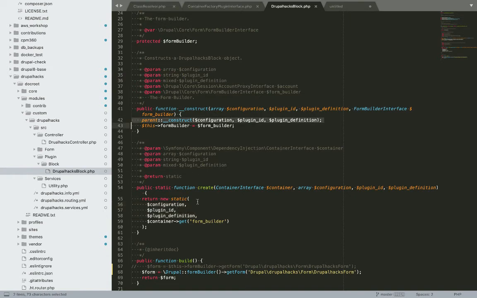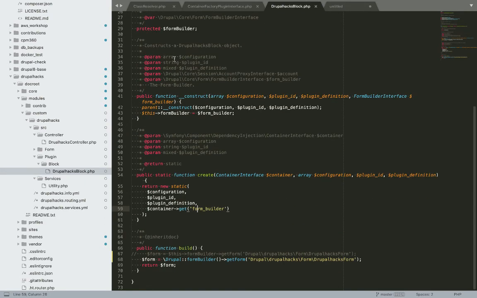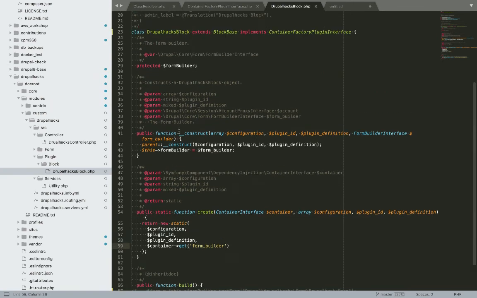I have passed it here. And third, the services or the dependencies I want for my block, I'm using here. In my constructor I have set it as my property form builder.